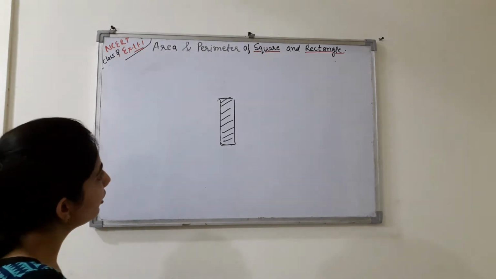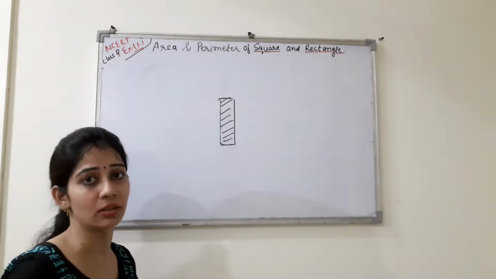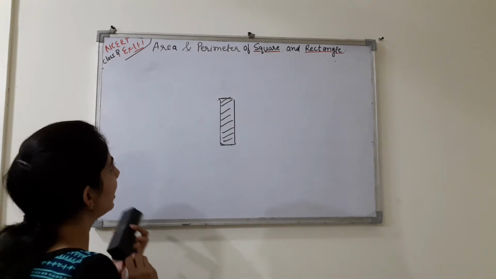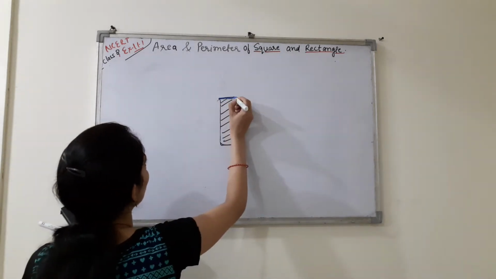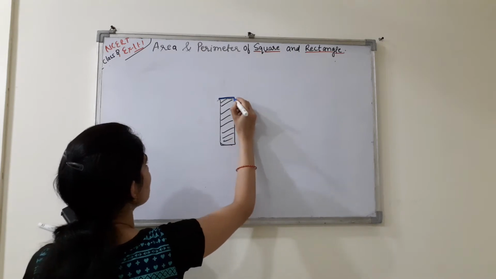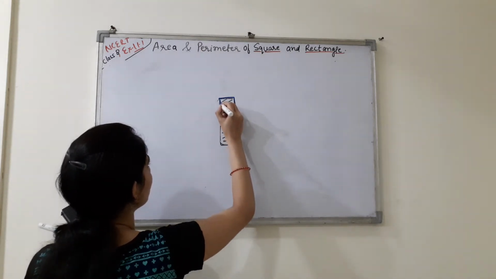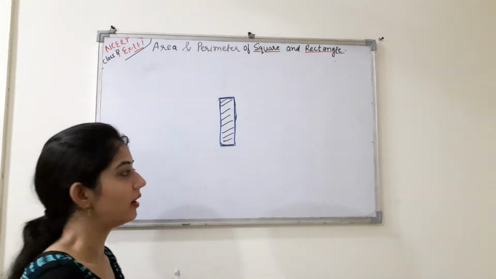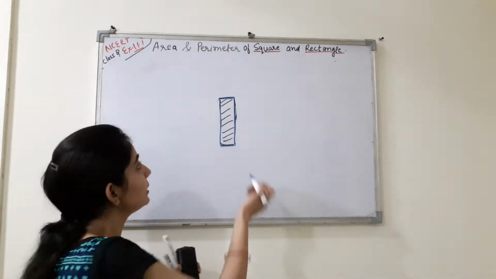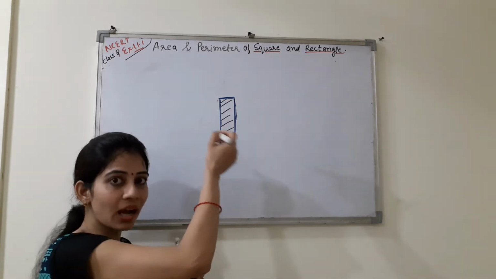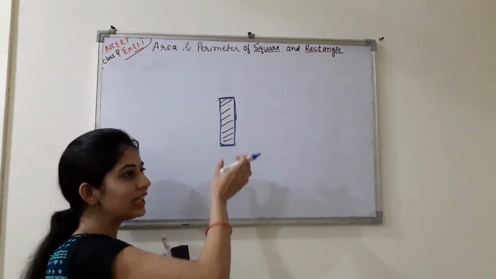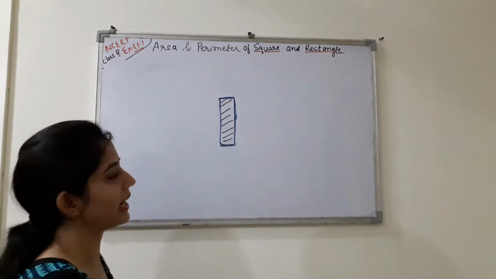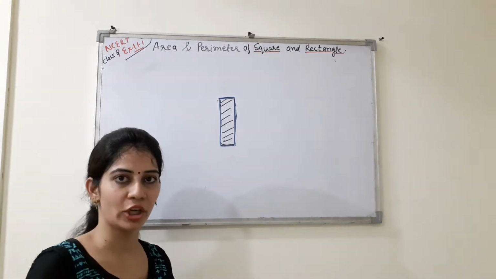right? Now if I am talking about the perimeter, what is the perimeter? See, now if I underline the outer boundary of this duster, this is the perimeter of this object, or we can say duster, right? So what is the perimeter? The outer boundary, the sum total of all the lengths of the sides of an object, is known as the perimeter of the object or shape.